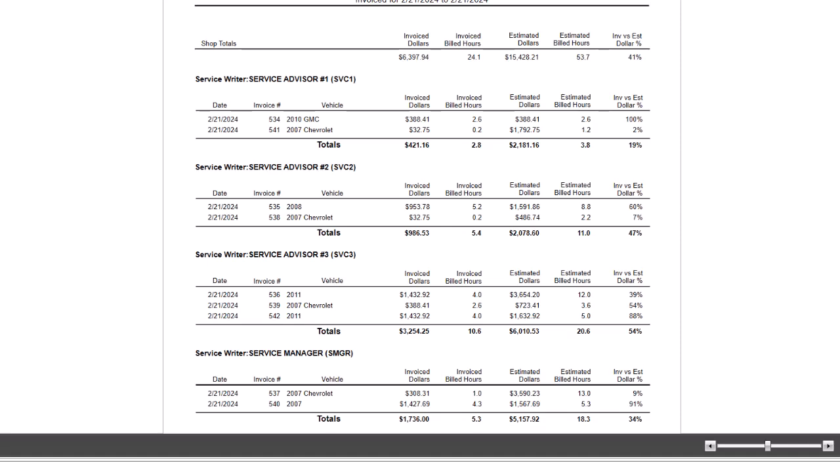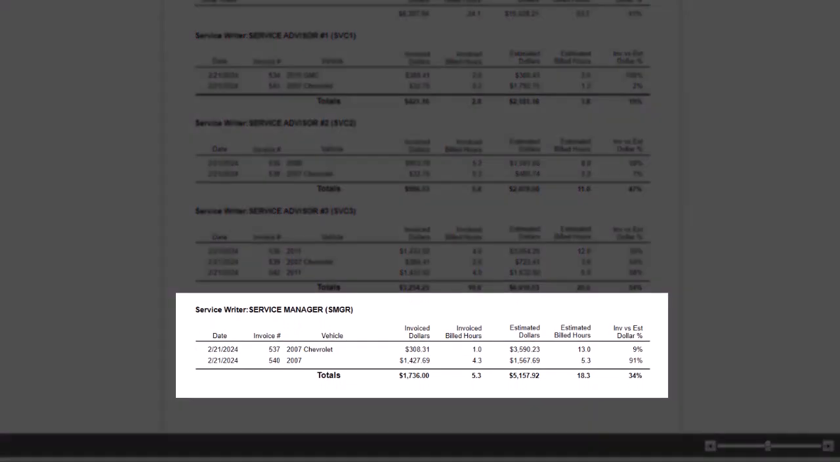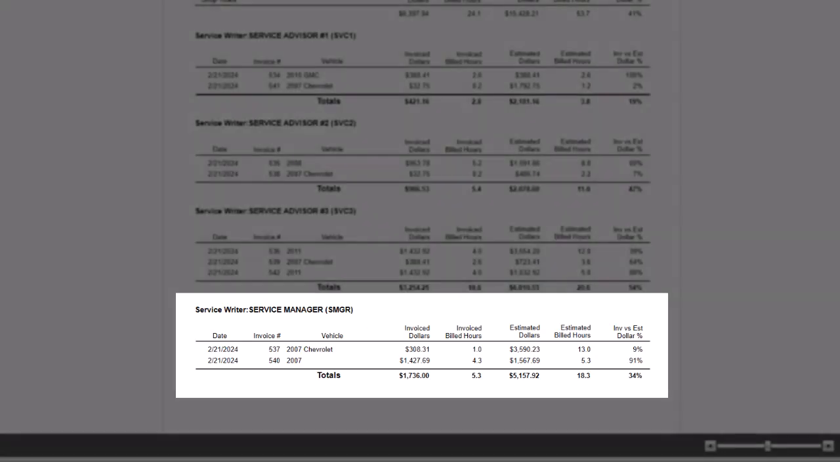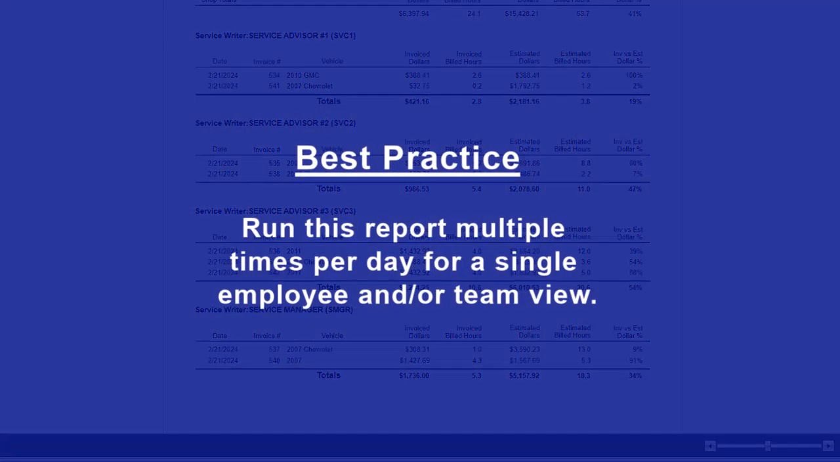Now, it doesn't surprise us that our service manager down at the bottom of the screen here is doing a pretty decent job at this. This might be why that individual is leading the pack. But this is a very powerful report. Now, we can run it multiple times during the day. We can run it for a longer period of time, which is going to give you a lot more information to look at. But at the end of the day, the coaching method of a composite view for the team, along with an individual analysis,